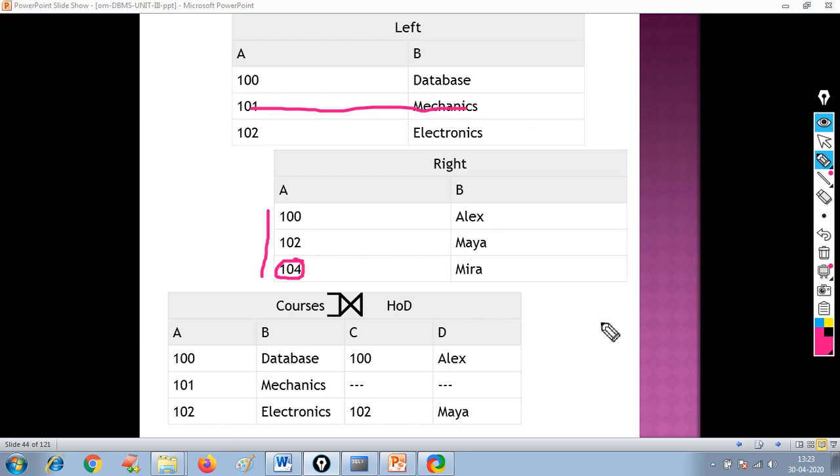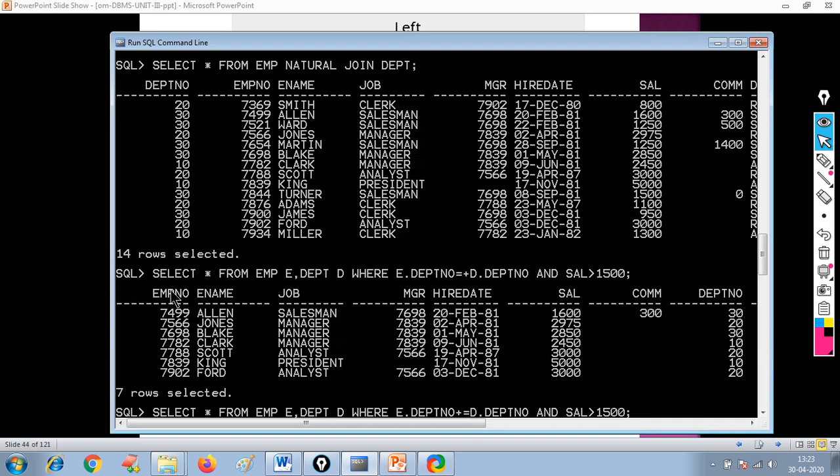So please execute. You just create these two tables with these values, then try to execute the left outer join and right outer join using the syntax shown here. I've shown the syntax here. You have to use a plus sign here. See, this is the plus sign used in the join condition to represent the left outer join. Similarly, you can see at the bottom, this is the right outer join, right?